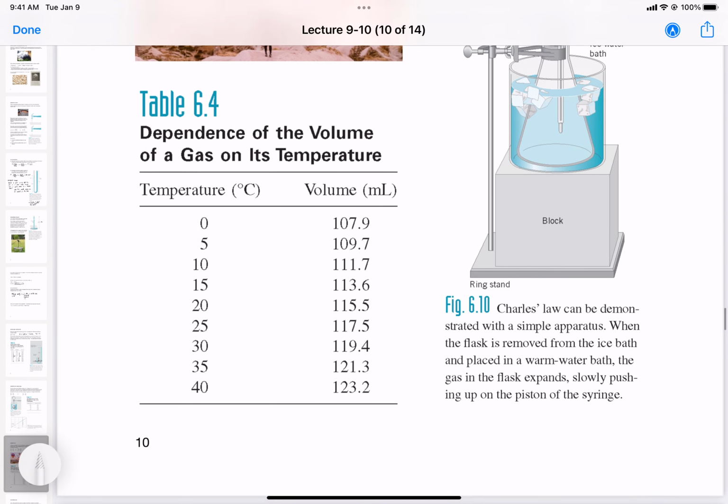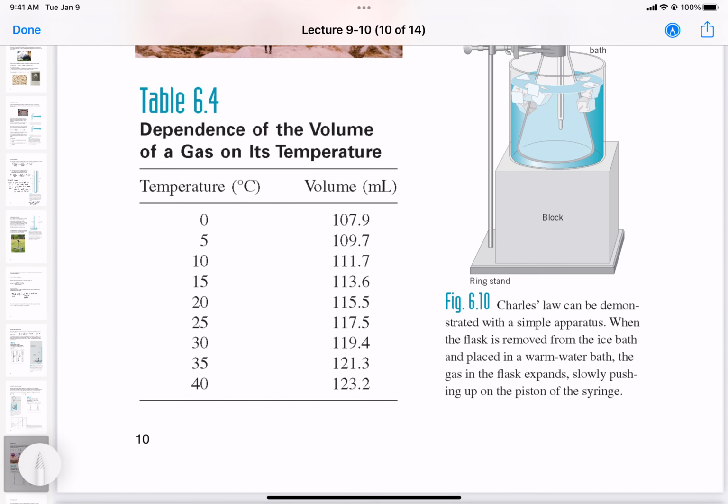All right, so here's some raw data. At this temperature, we see the volume is 107, and then as we slowly increase it, it's going to occupy more volume. Now, this also depends on the sample of gas. The more sample you have, the more volume it will occupy. So ideally, if you had a larger sample, you would occupy more volume based on a ratio of